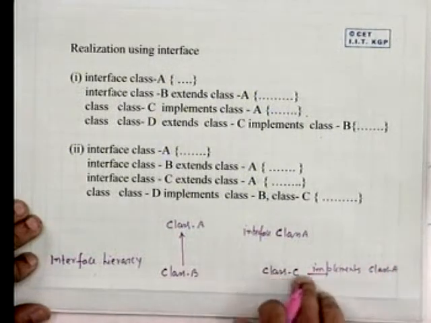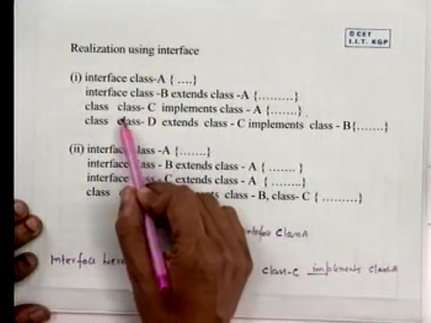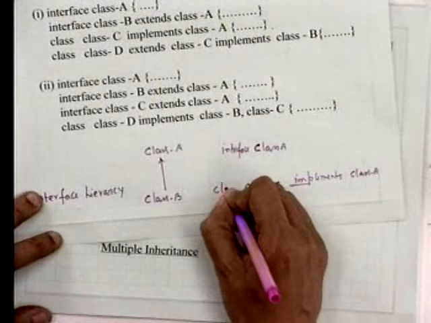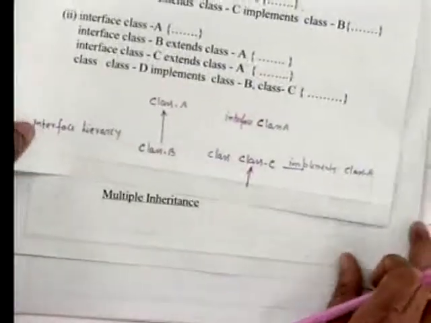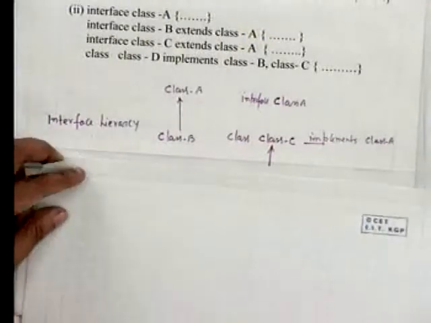Now, class C therefore contains the code for all the methods which are defined in class A. And then we define another class called class D which extends class C. Now, it is an inheritance hierarchy. Mind it, this is a class. And so, therefore, what happens? We have class C, and class D now extends class C.